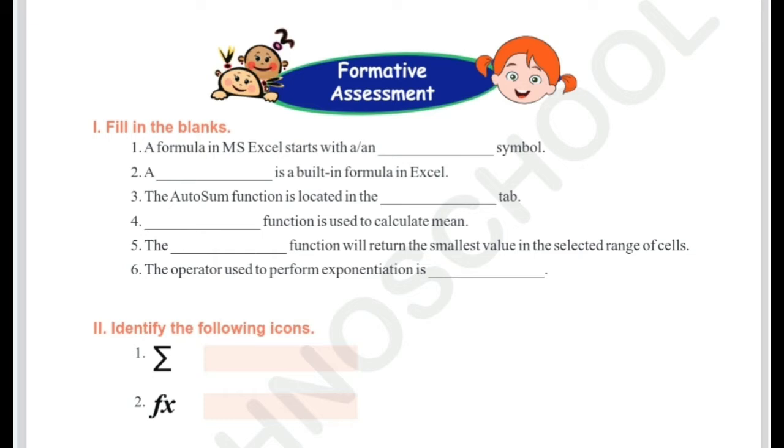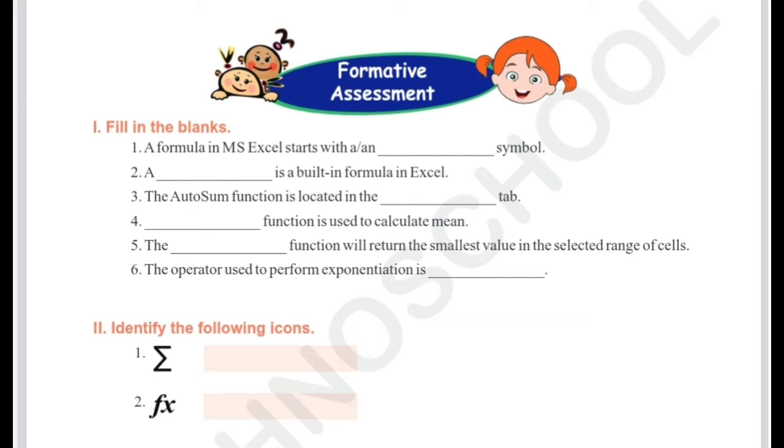Where is the answer for this question? You can see it on textbook page number 42, the exponential operator symbol. So write that symbol for this question.